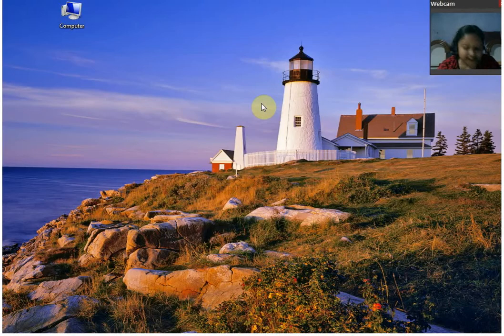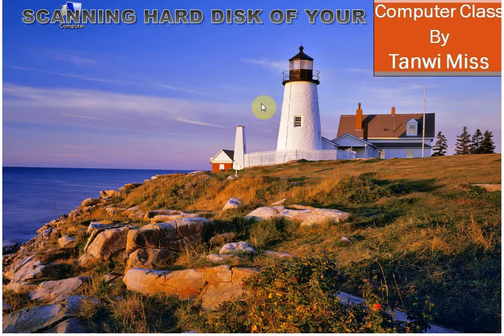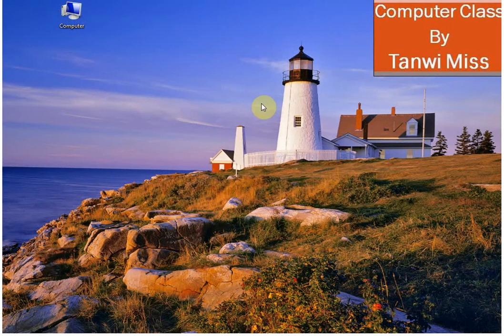In this video, we are going to learn scanning hard disk. How we will scan the hard disk that is present in our computer system. You need to keep your storage devices such as hard disk clean without any viruses. For doing this, the hard disk should be regularly scanned to detect and fix harmful threats.